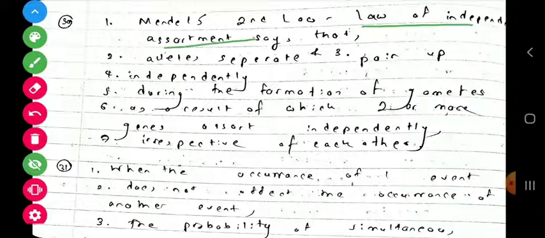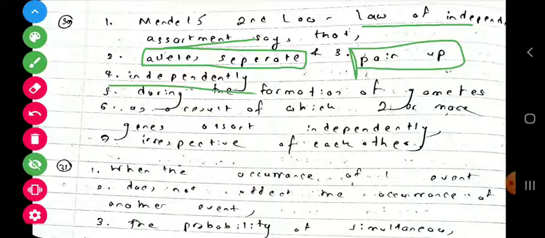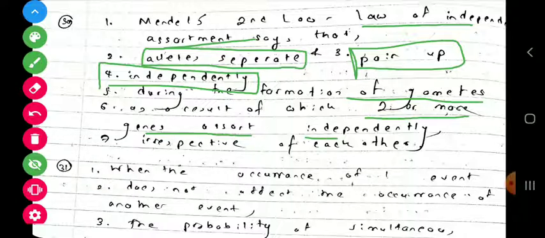Alleles separate and they pair up independently, no disturbance, during the formation of gametes, as a result of which two or more genes assort independently,